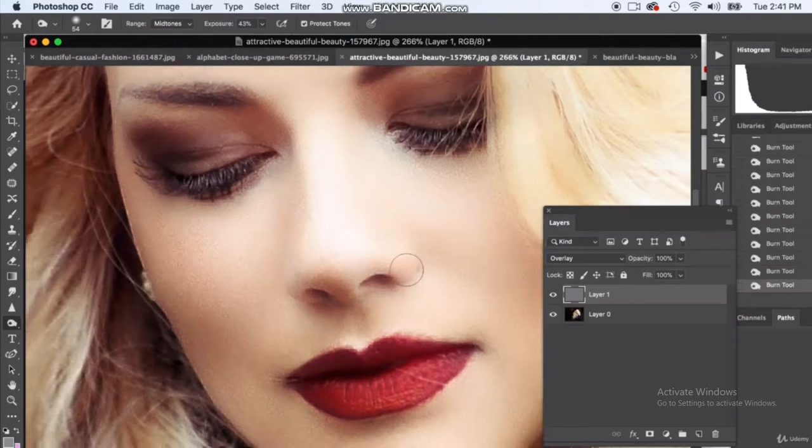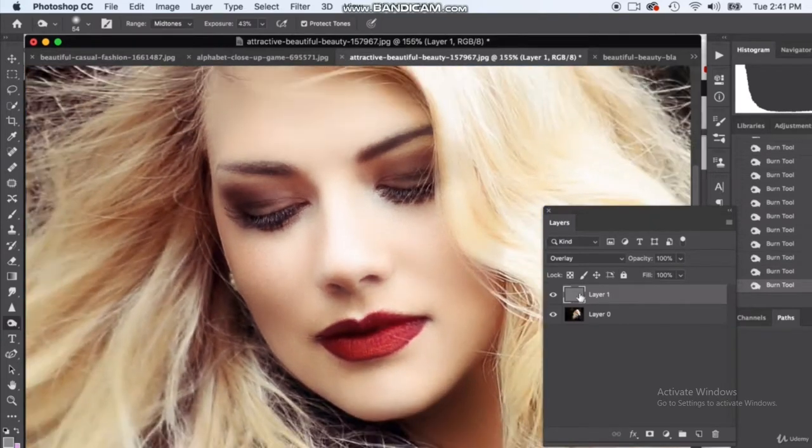And at any point if I think I overdid it or I messed up, you can always reduce the opacity or eliminate this layer altogether and do it again. So that's what's great. I still have my original photo here. I just click on here. I can actually reduce the opacity if I think it's too much, or go back. So we can toggle this off and on. That's kind of our